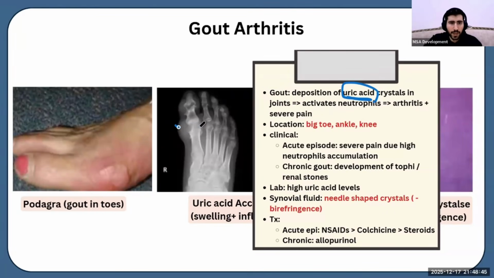When uric acid accumulates here in the joint, it will cause neutrophils to be activated and causes inflammation and severe pain. So gout is due to uric acid accumulation, causing arthritis and severe pain due to neutrophil activation. Most common locations are big toe, ankle, and knee, but the most important ones are the big toe and the ankle. Now, clinically, they will have an acute episode due to neutrophil activation, and they will have severe